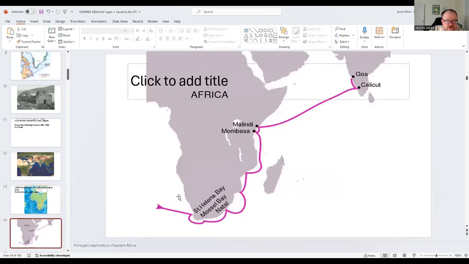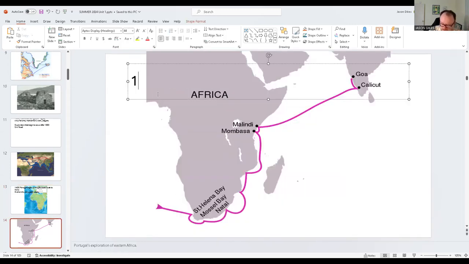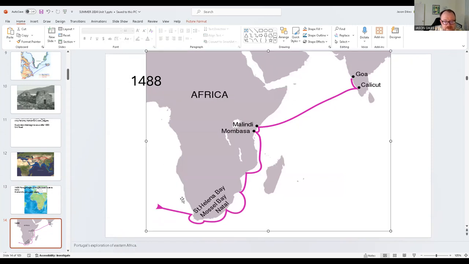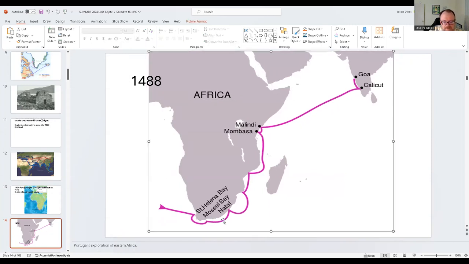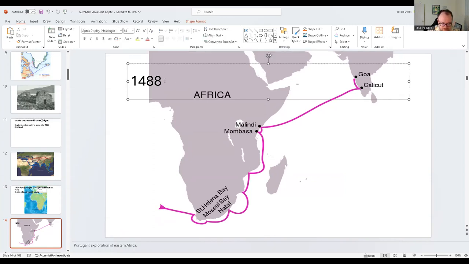Eventually, around 1488, the Portuguese figured out how to get around the bottom of Africa. And then they started making money on the western coast of Africa. Again, diamonds, ivory, gold, slaves. And then finally, the route to India was finally secured